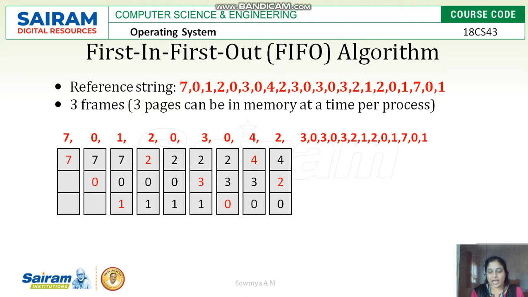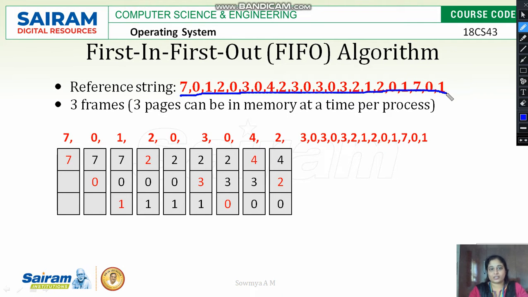As the name refers, the first frame which came to the main memory will be replaced first. Coming to the example, let's consider there is a reference string, which is the string that indicates the pages needed by the computer or the CPU for execution. You have 3 pages, meaning 3 frames given for the process. So each time, 3 pages can be in the main memory for the process.